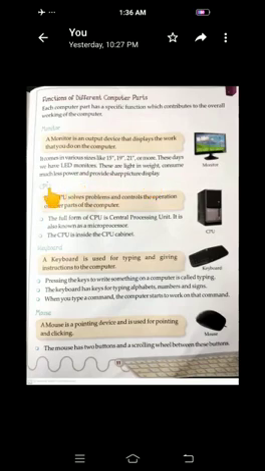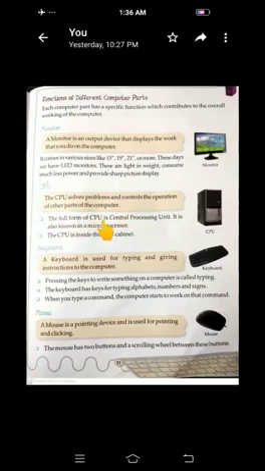Next is CPU. We also call CPU the brain of computers. CPU solves problems and controls other parts. Okay? The CPU solves problems and controls the operation of other parts of the computer.